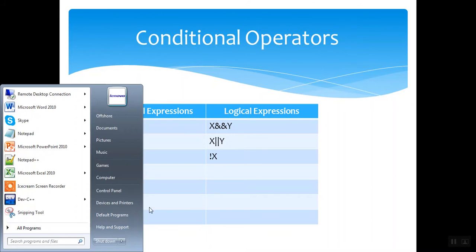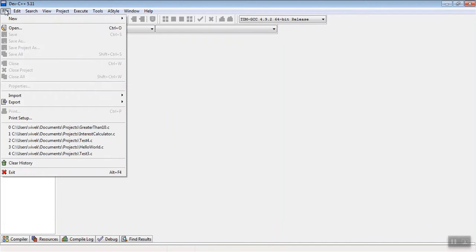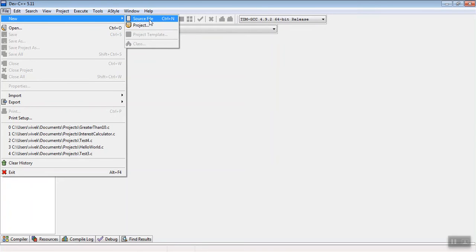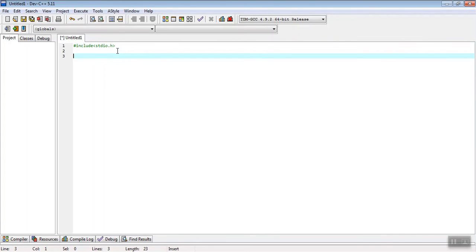So let's write a simple program to learn these concepts in more detail. Let me create a new source file, and let's create a program where we'll check if the number entered by the user is greater than 5 or not. Let's take that example. So we'll first write hash include stdio.h, so that we can get the standard input output header file. And let's write void main,